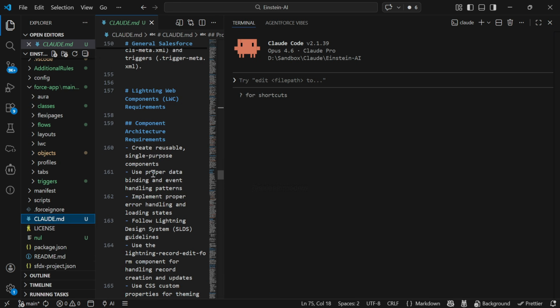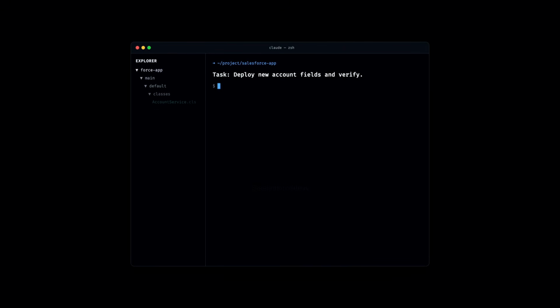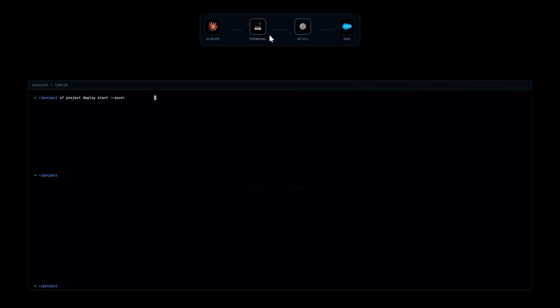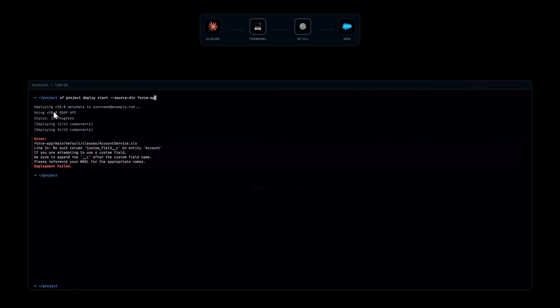But what is the benefit of using MCP? Let's try to understand that first before configuring the Salesforce MCP for Claude. Whenever Claude has to deploy some components without MCP, Claude runs on the terminal and uses the SF command. Here it deployed, and in this case the response came very quickly, but sometimes the deployment takes a lot of time and then it has to run another SF command,